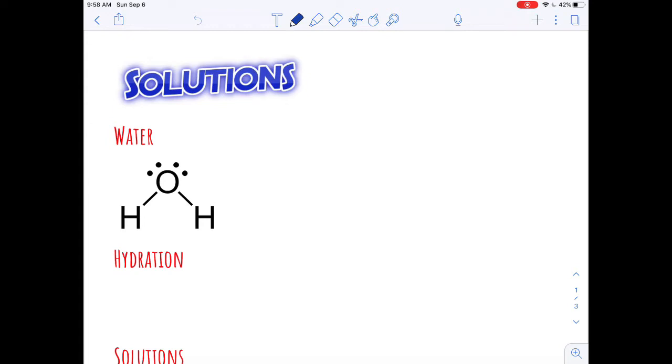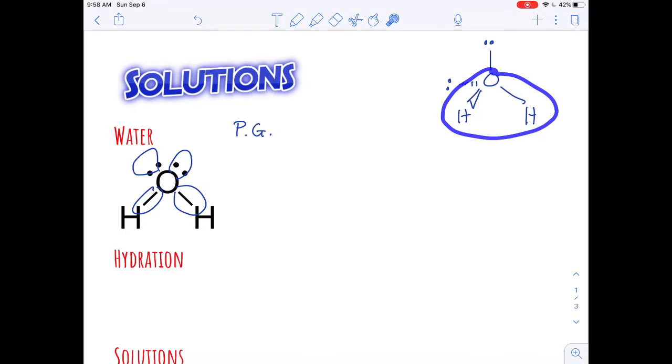So when we look at water, I have the Lewis structure here, and I put the oxygen in the middle, and I have some lone pairs. And if you remember at all about molecular geometry, we have this parent geometry of, you don't need to draw on yours right now, but I have 4 electron clouds, right? 2 bonds, 2 lone pairs, and because of that, if I was drawing this out, the locations of those electron clouds would repel each other, and I'd have a lone pair here and there, and I would have my H's, and because of that, right here is my actual structure, and it would be bent, and that is what we're kind of looking at. But initially, with those 4 clouds, it is called a tetrahedral,